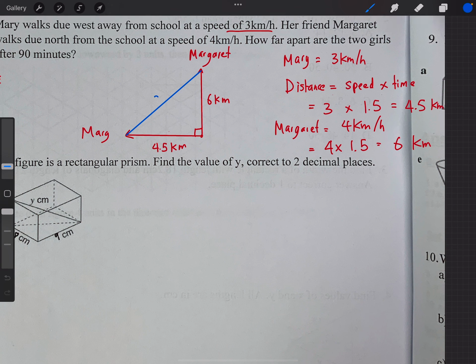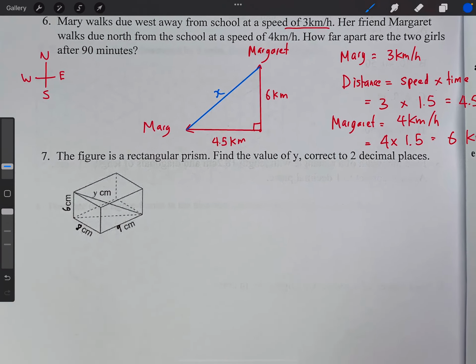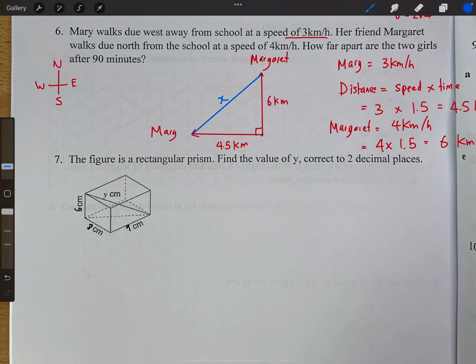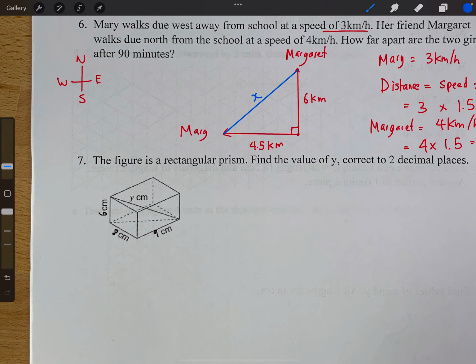Let's call that distance x. To find x, we're going to use Pythagoras' theorem. If I multiply by 2, we get 9 and 12. Actually, I just figured out something here. If I multiply this by 2, I'm going to get 9. If I multiply this by 2, I'm going to get 12. Now we know that if we have a triangle,